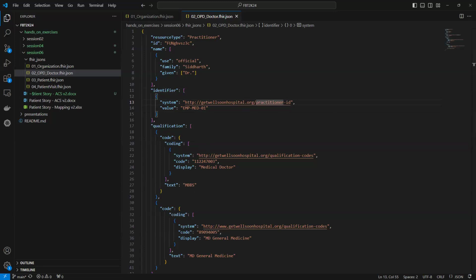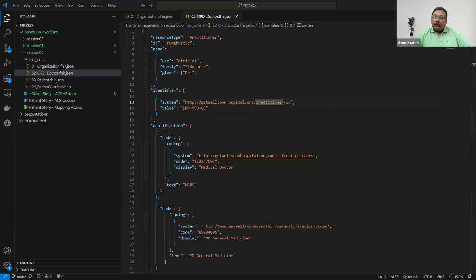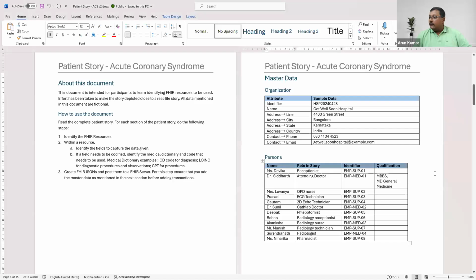Yes. Okay. Of course, it is incorrect. You're right. Okay. Why have we added qualification? It is not given in the document and it is not mandatory, we are just assuming that it is MBBS. Okay, very good question. If you look at